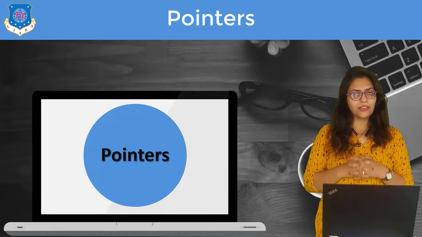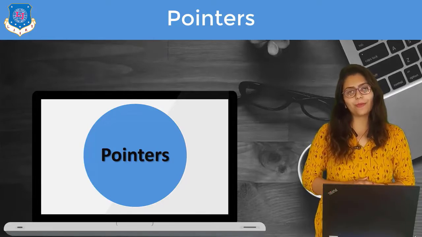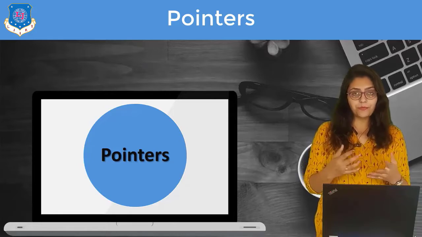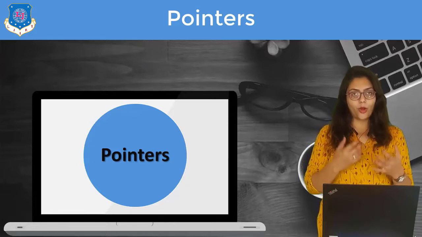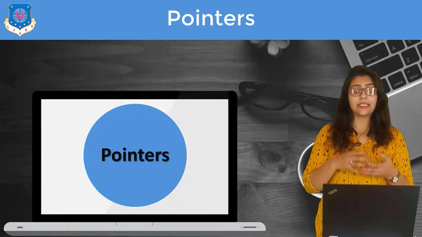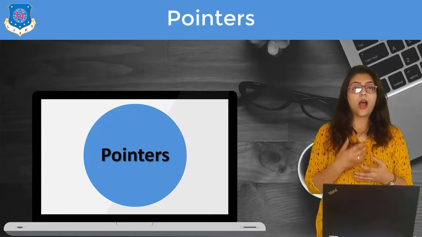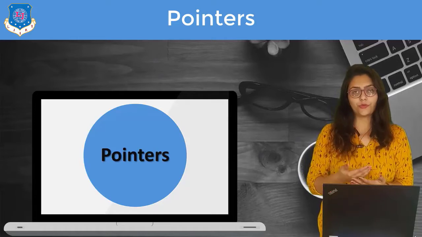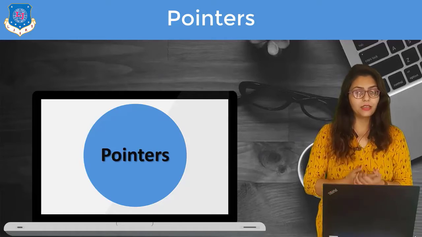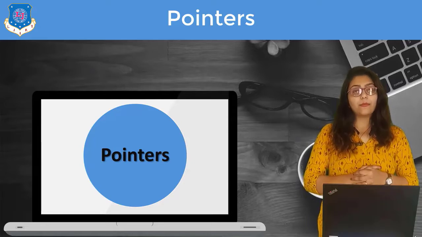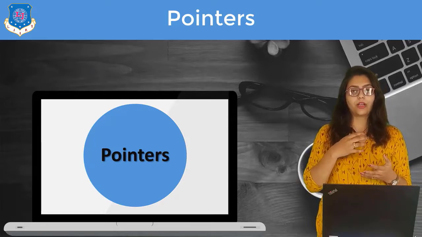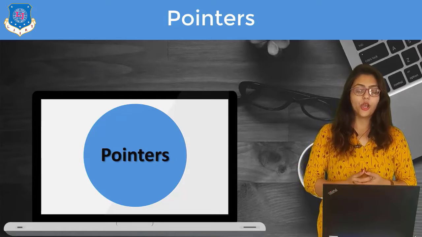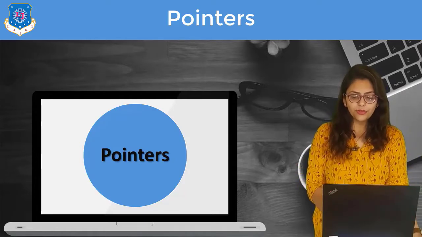We are going to start with pointers, one more important topic of C programming language. In this chapter, we are going to study the pointers, the definition of pointer, basic introduction of pointers, why it is useful and how you can implement pointers in your programs. We are going to see some practical implementation of pointers. I am going to show you the application of pointer and how it makes our program more effective, right? So we will begin this chapter with this video.